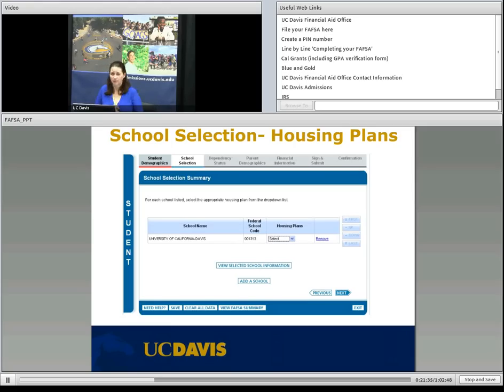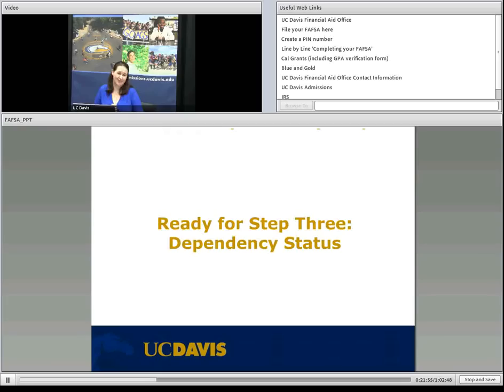Each school has an estimated cost of attendance, which includes tuition and fees, room and board, books and supplies, transportation, and personal costs. The schools will use that to determine the type and amount of financial aid that you're eligible for. Also, you can't continue with the application until you enter a housing code. It's going to make you enter one in there. So, step 2's done. Now we're